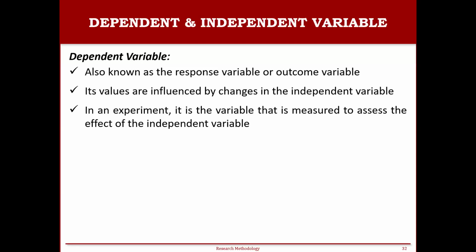If we study the study time and the test score, the study time is the independent variable. Now we can change the study time and check the test score, whether there is any change or not. So the dependent variable would be the test score because it is influenced by the independent variable, right? So likewise, you can check what the dependent variable in your study is and what the independent